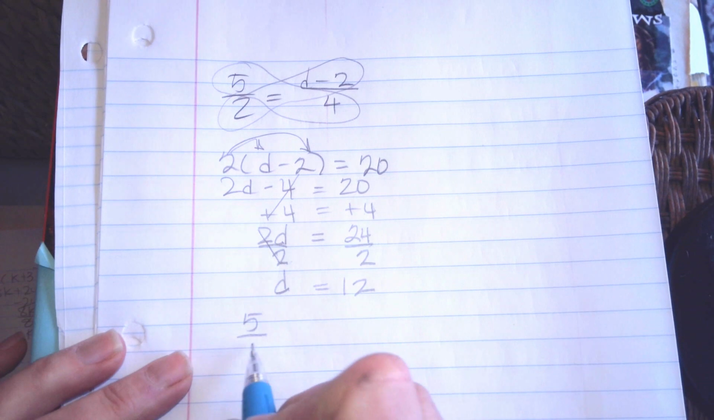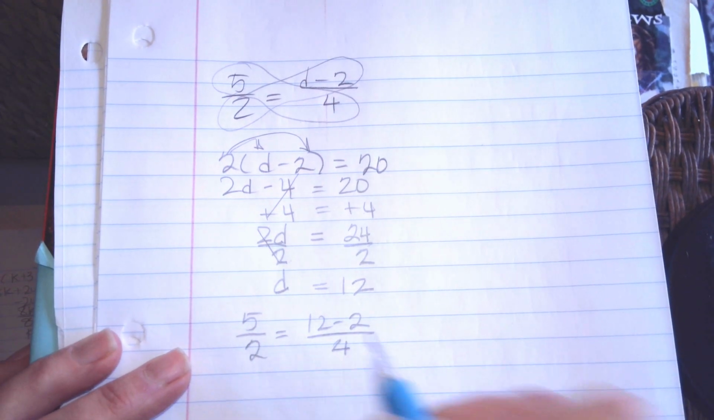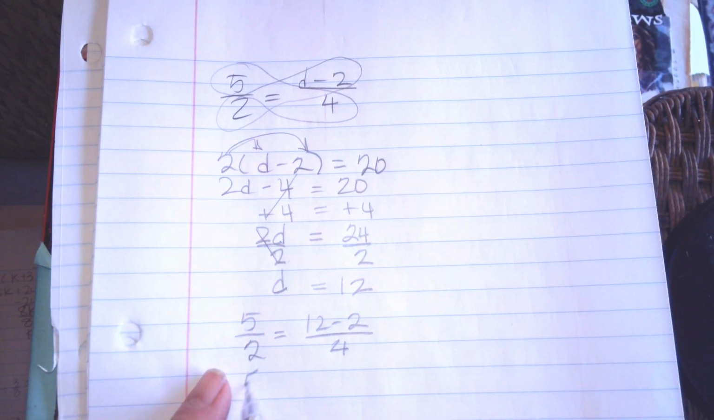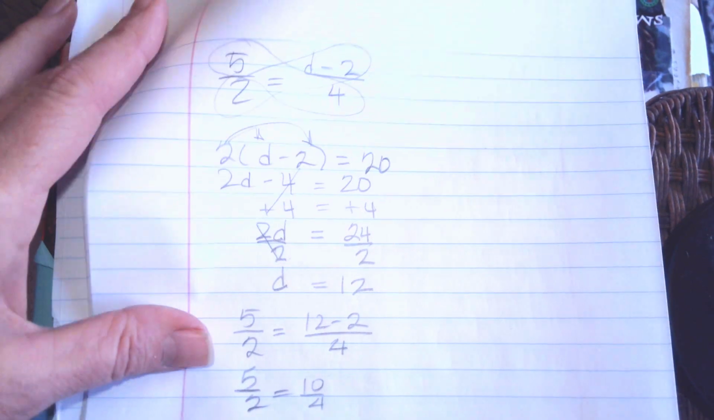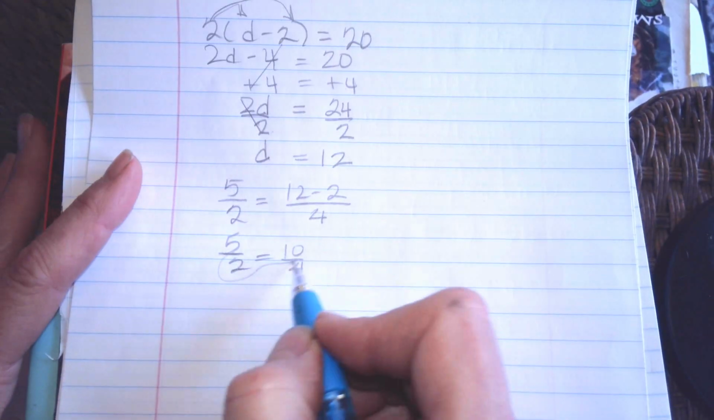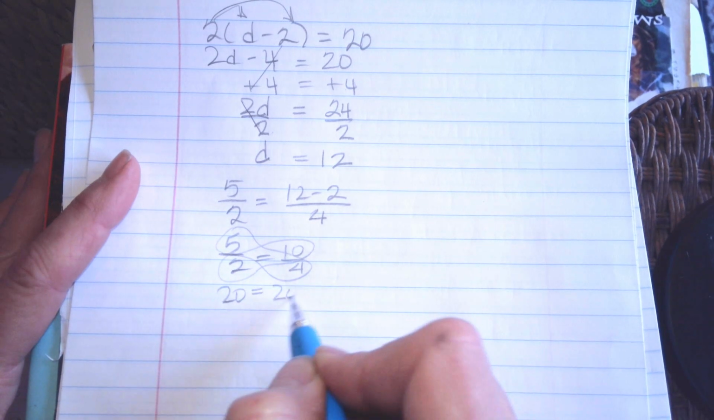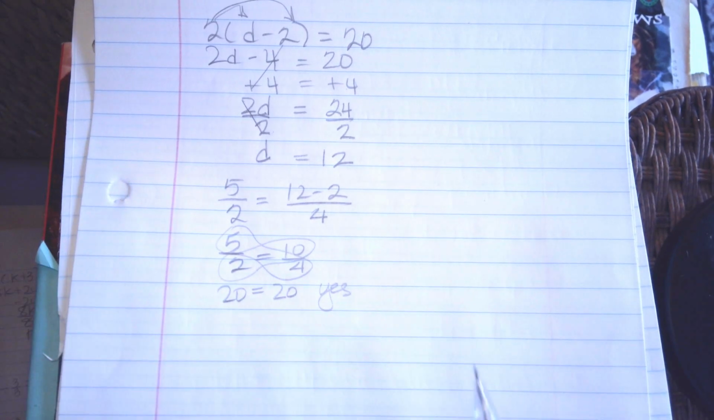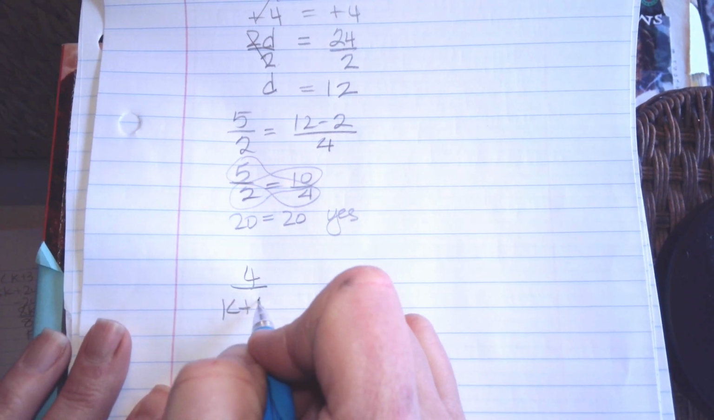Now we can take this and plug it back into our original equation and see if it's true. 5/2 equals 10 over 4. Is that true? So we're going to do 20 equals 20. So yes, it is a proportion. This one is